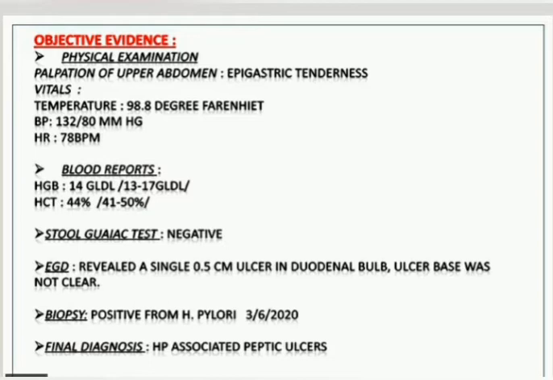For the vitals and other blood reports, if any increase or decrease in value is there, you have to mention it and go with the specific tests. Don't explain all the procedures and all the normal values. Just increase and decrease should be concentrated on more here. Now in my case, the stool occult blood test was negative, and esophagogastroduodenoscopy was done, and a single ulcer was seen. A 0.5 centimeter duodenal ulcer was seen, and that is important. And the biopsy was H. pylori positive.